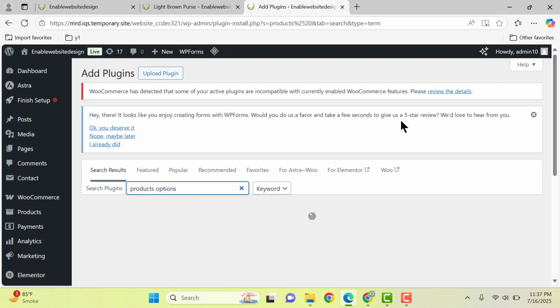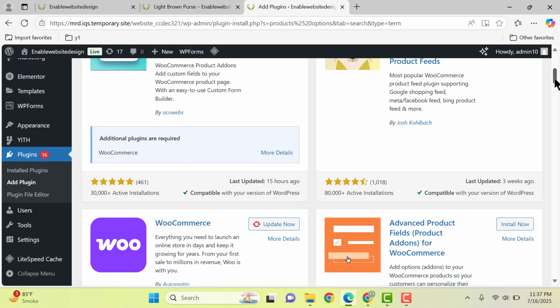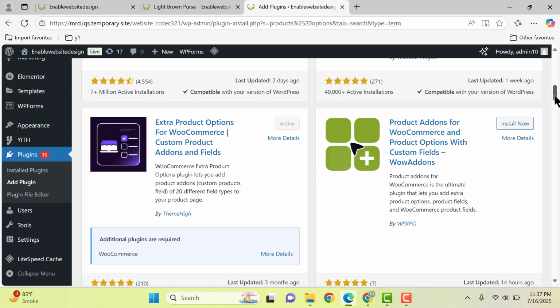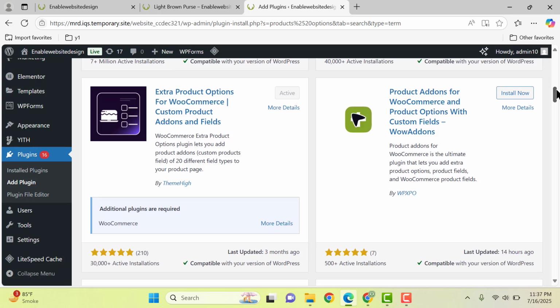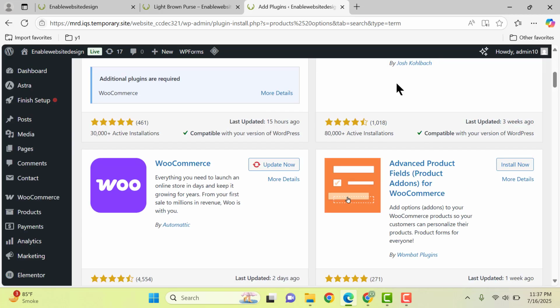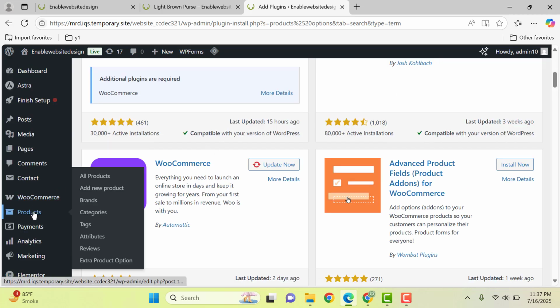Now here you can search for products options, then scroll down this one, extra product options. So you need to install this plugin, and here you can see 30,000 plus active installations. So now let me go and scroll up. Then here you can see under the products extra product options, you can go here